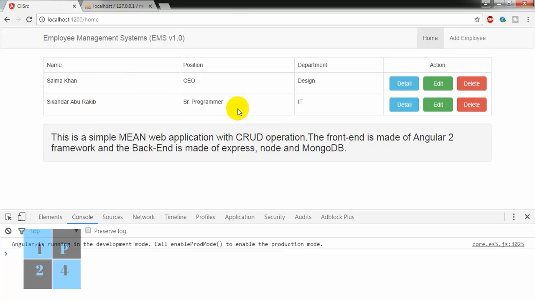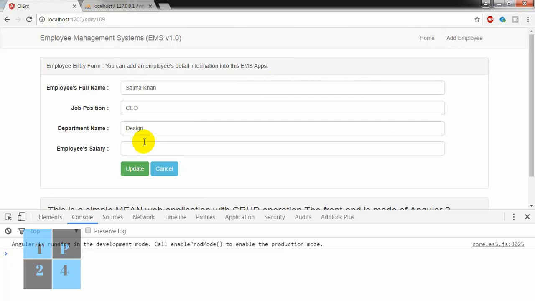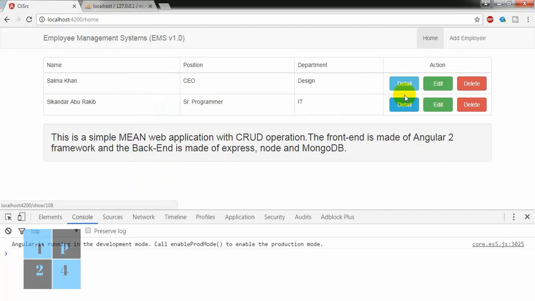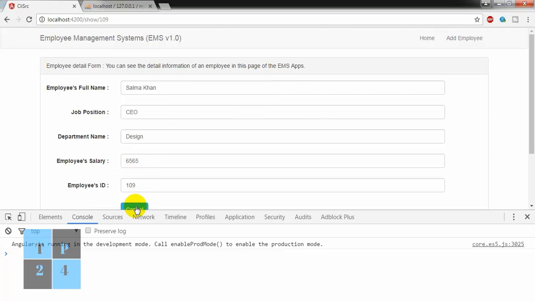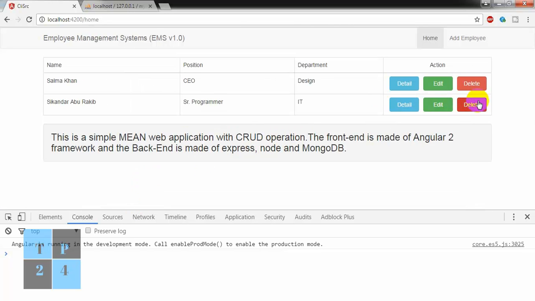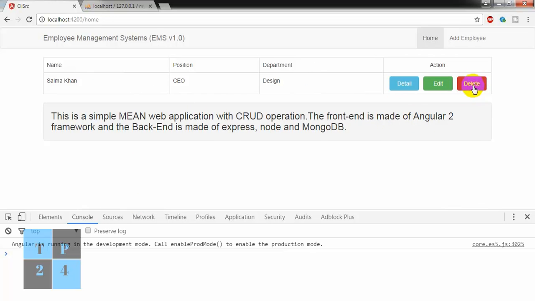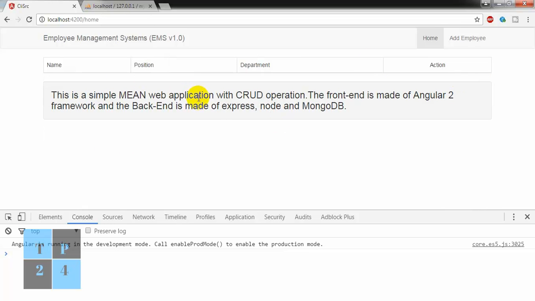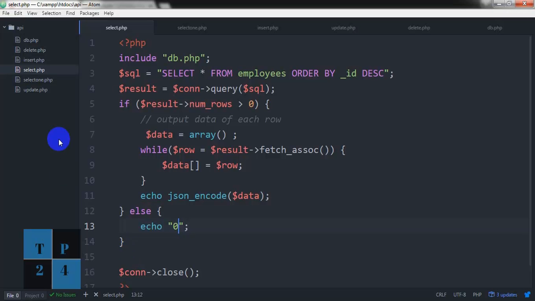Design and editing salary, updating, and salary we are getting, and eventually we want to delete, and it is not giving any error. Okay, this is the thing,